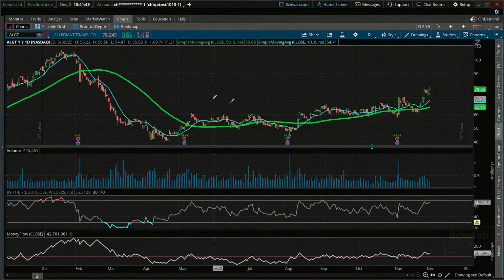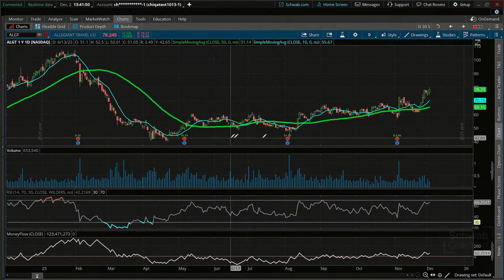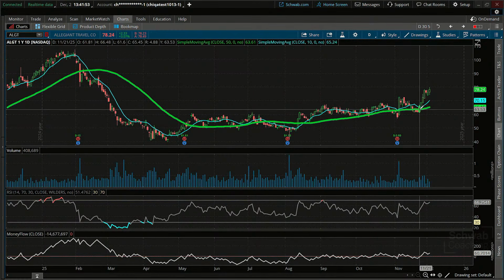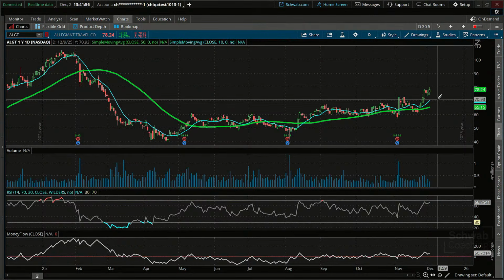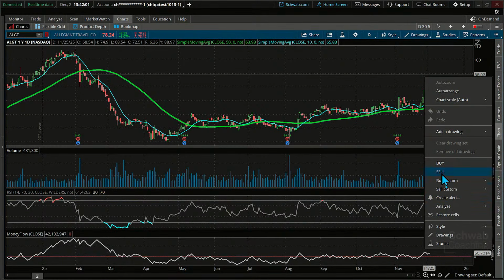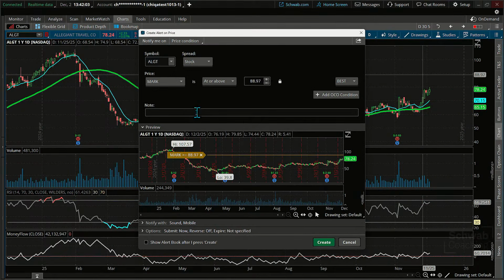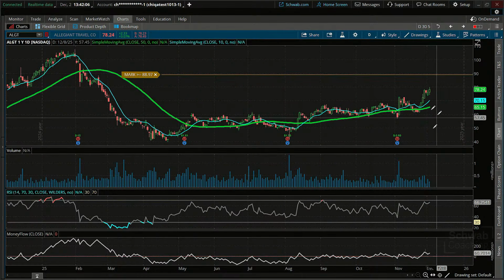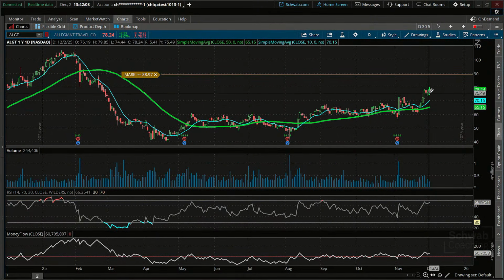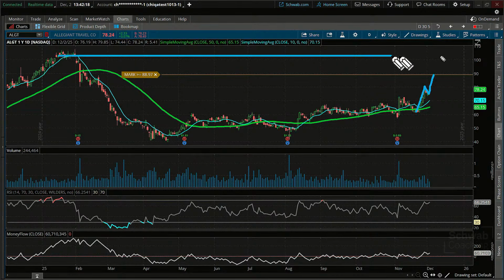But this is one that might be, actually, look at this. This might be a long-term possible bottom pattern. Sometimes you get these really big cup and handles. You guys take a look at this and see what you think. I'm going to put an alert up here just so I can keep tabs on it around this range. If it were to flag higher and flag again, that's what I'm proposing, just a standard flag pattern somewhere around 90-ish, but you can see the 100 range is where that prior high is.